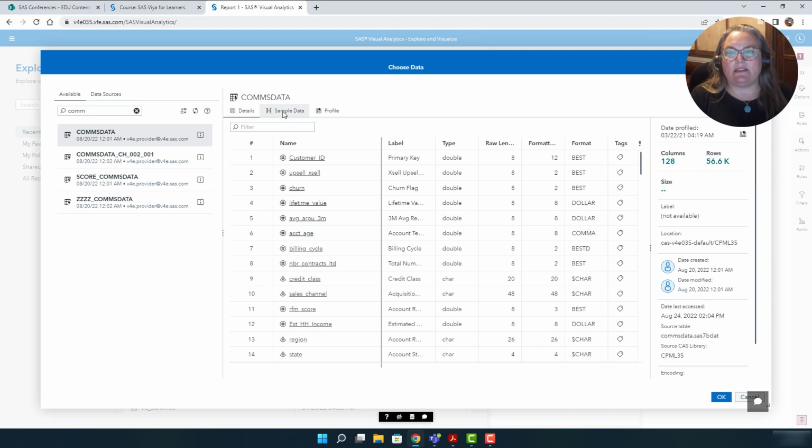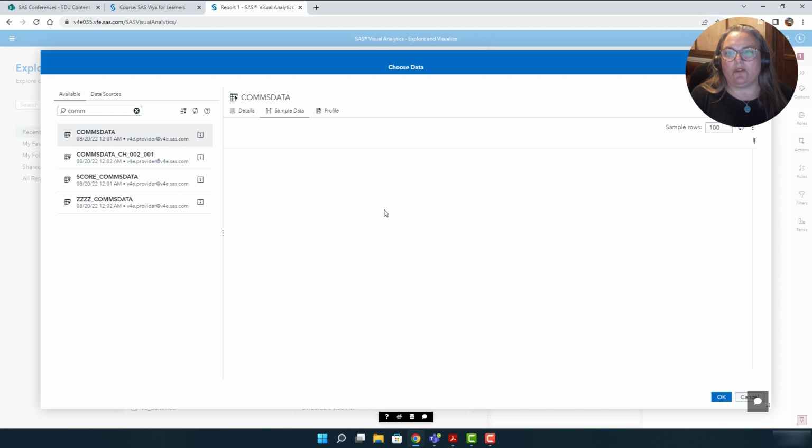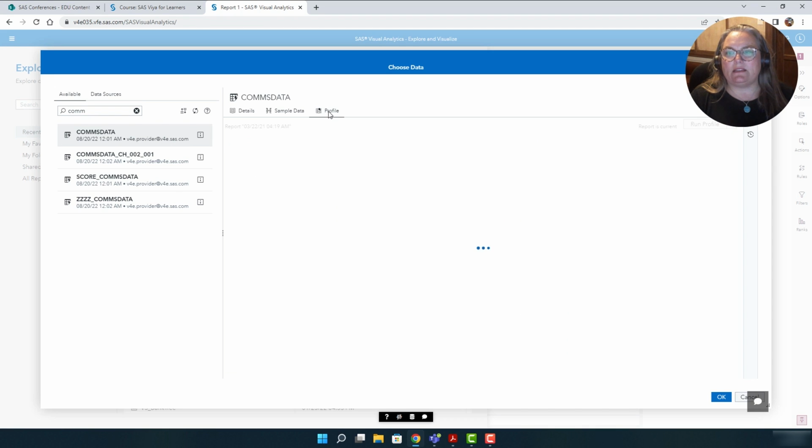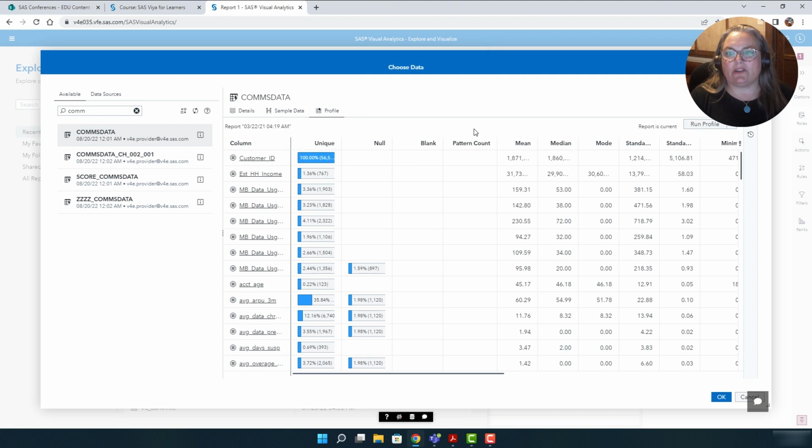I can select this sample data tab and it'll show me the first 100 rows of the data. I can also select the profile, and this is going to run metrics on my data. So it tells me that I do not have any duplicate customer IDs. That's probably interesting and important to know.